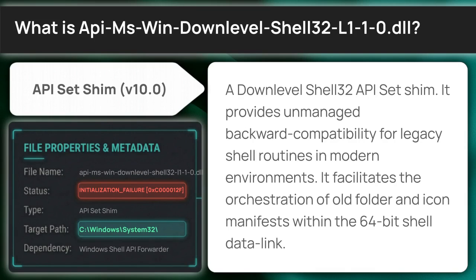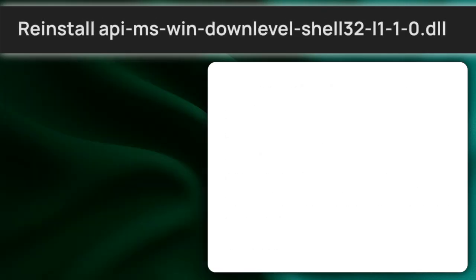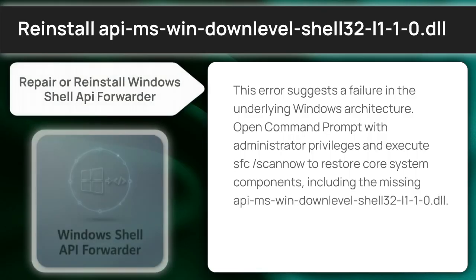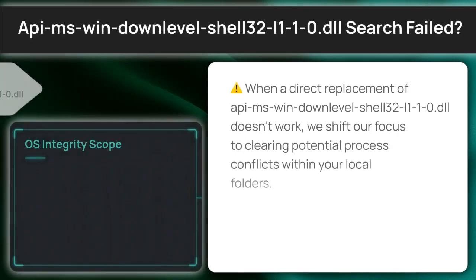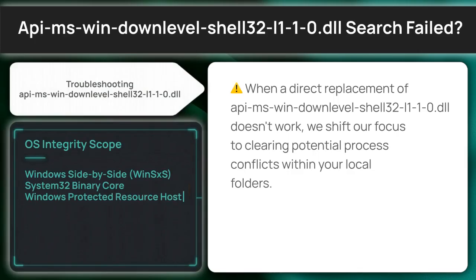Let's transition to the solution, starting with the official Microsoft Redistributable. This error suggests a failure in the underlying Windows architecture. Open Command Prompt with administrator privileges and execute sfc /scannow to restore core system components, including the missing Downlevel Shell32 DLL. If the setup package didn't provide a resolution, we need to look under the hood at how your system